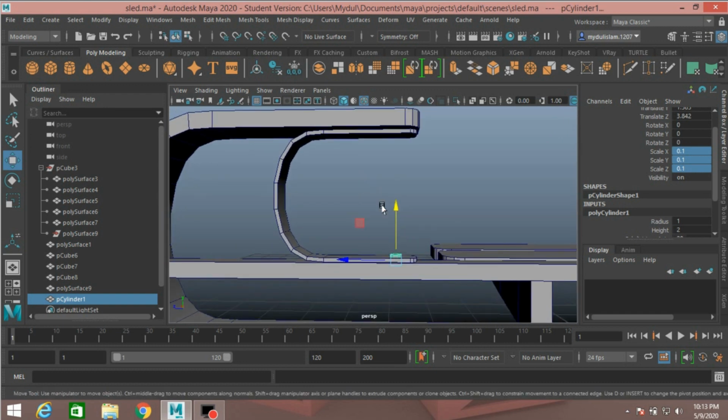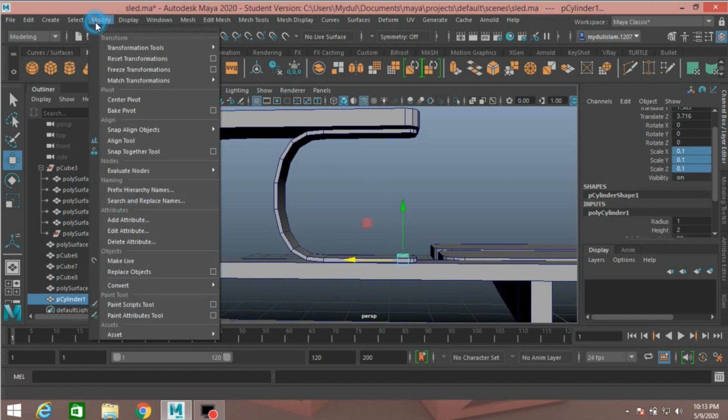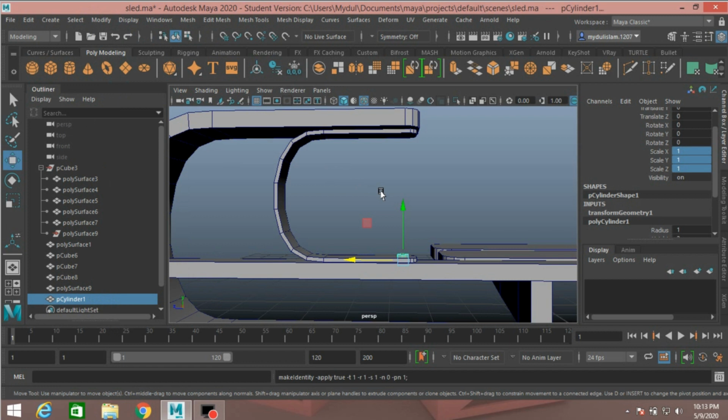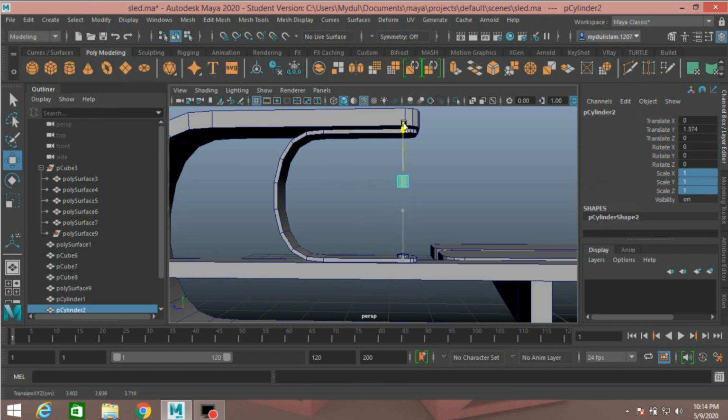Press Ctrl plus move it here. Go to modify, freeze transformation, press Ctrl plus D to duplicate and move it just here.